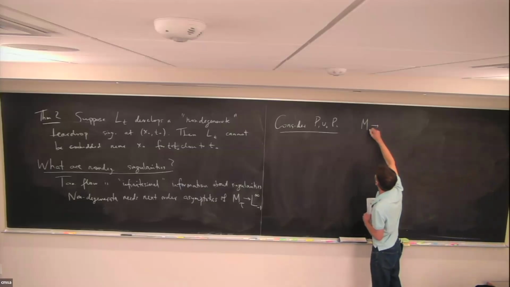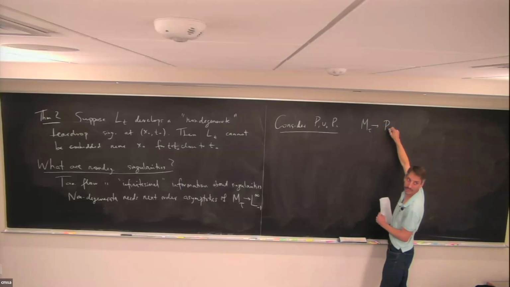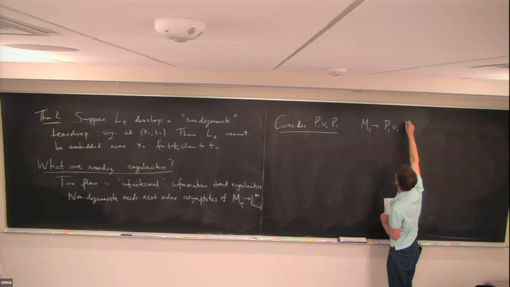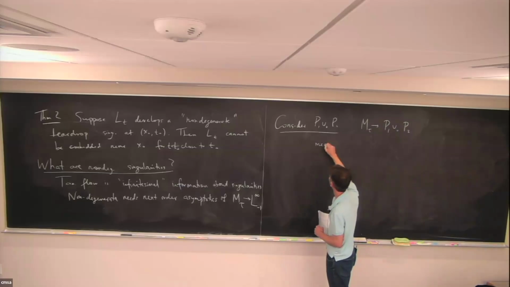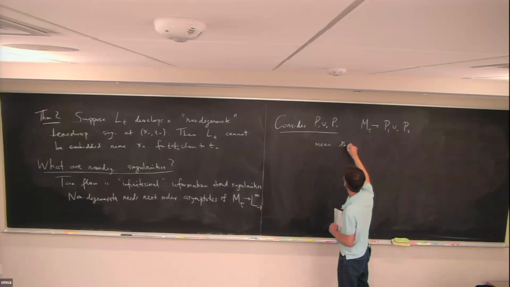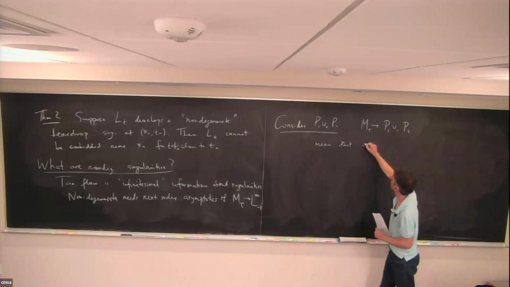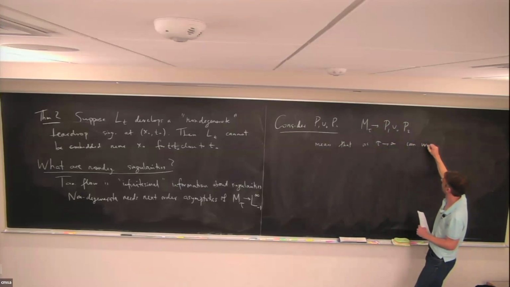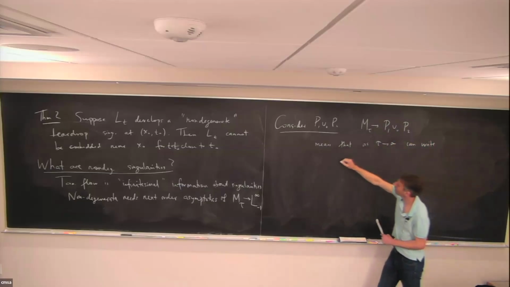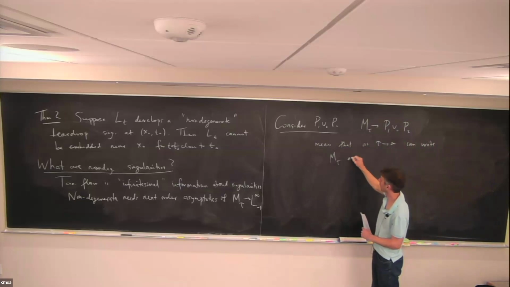In this case, we have this assumption, which means that as tau goes to infinity, we can write this M tau as a graph